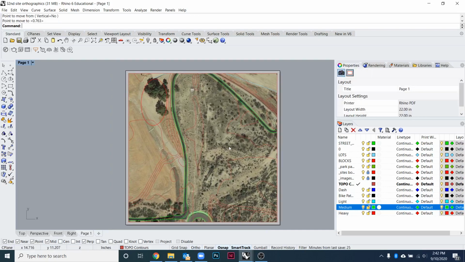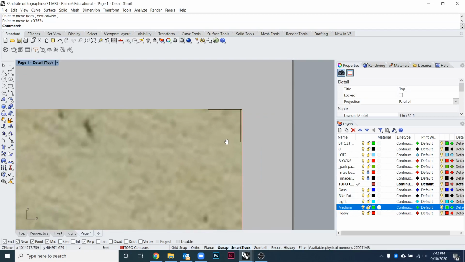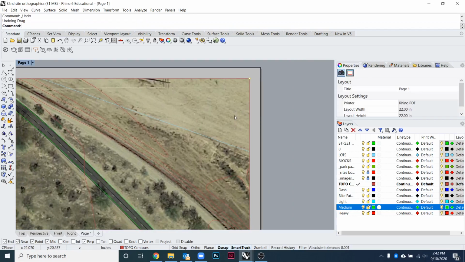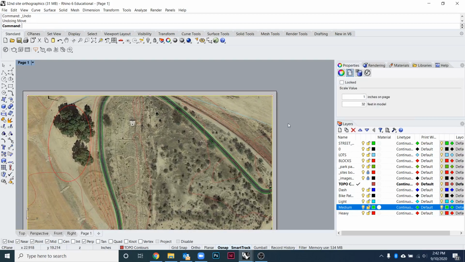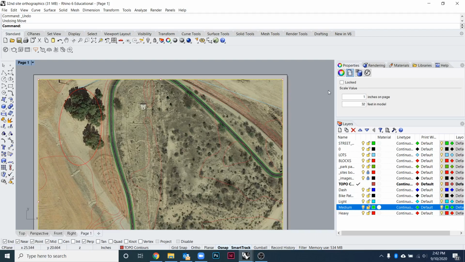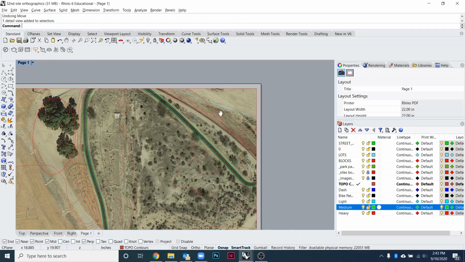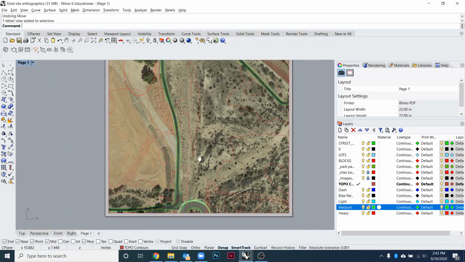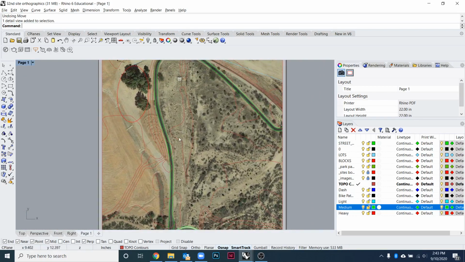Center it on the page. Okay, one of the ways you can deal with this is you see how when I move a detail window, okay, so the best way is just going to be to try and line it up as we can. All right, so the next thing that I would try and start adding, so while we're at it, see the